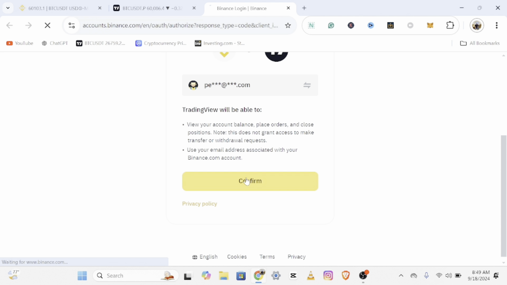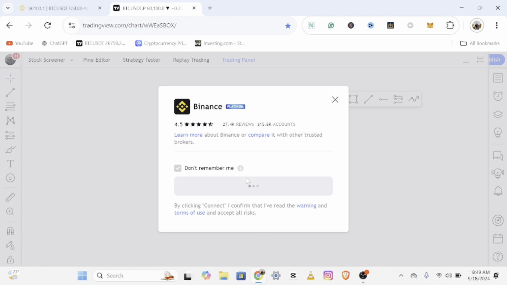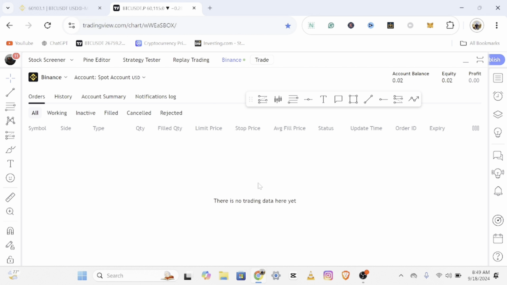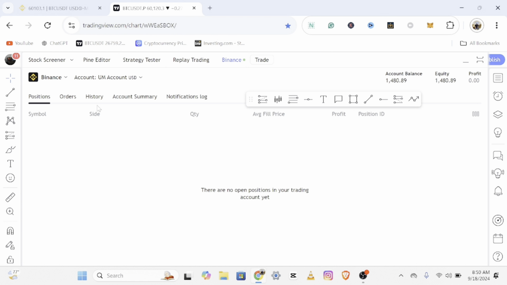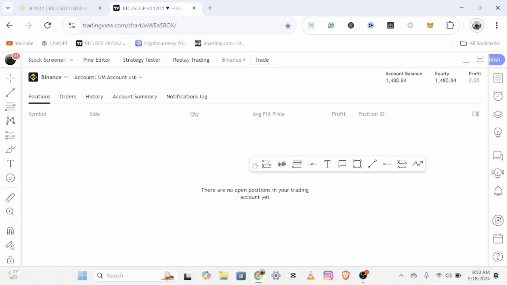So I can click on confirm. Okay, so within some 2 to 3 minutes, Binance will be connected to my TradingView account. For the amount, it depends on the capital you have sent into your futures account. So maybe when we are using risk management, if you have $10,000, don't use more than $2,000 in your trading